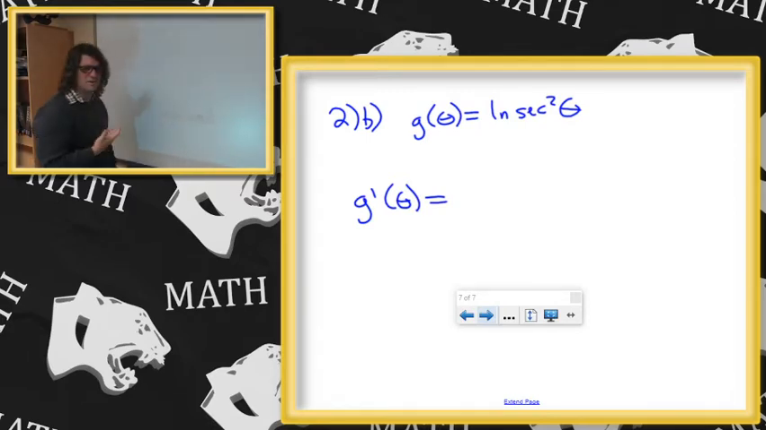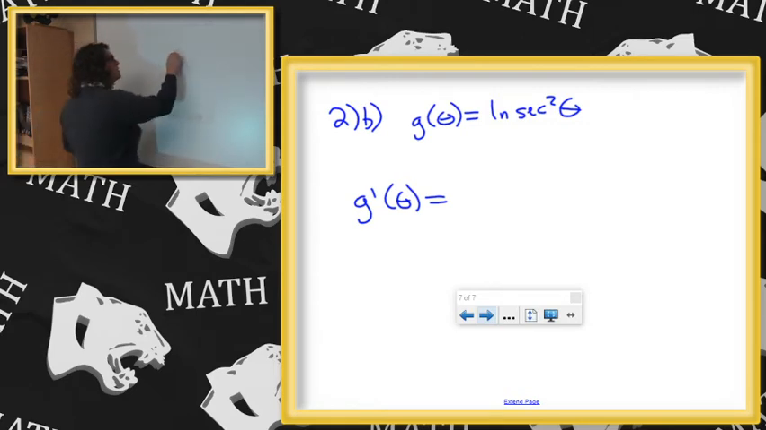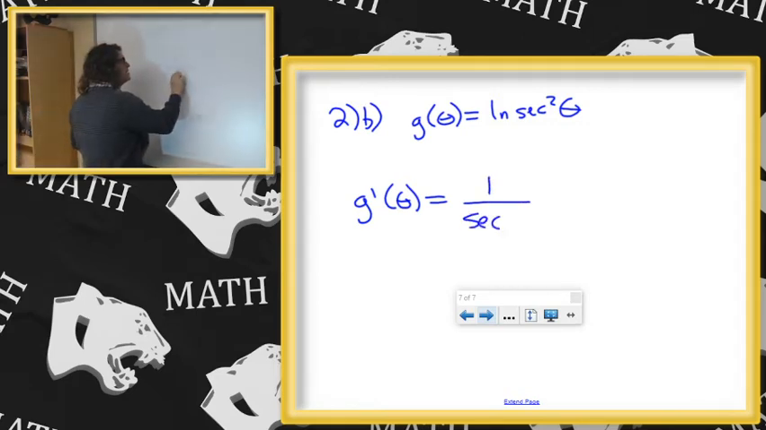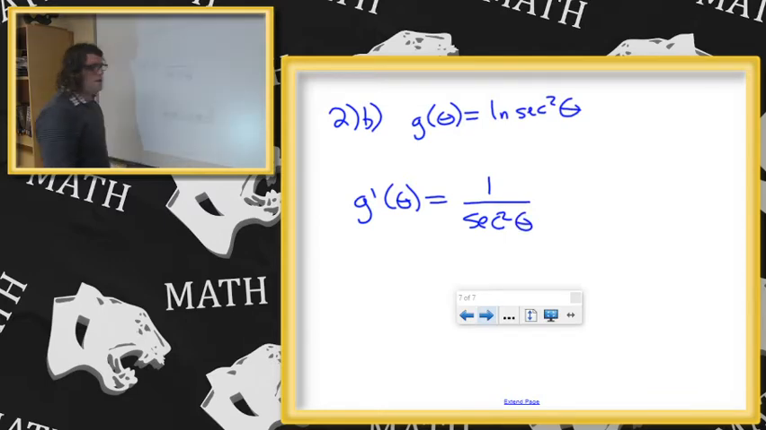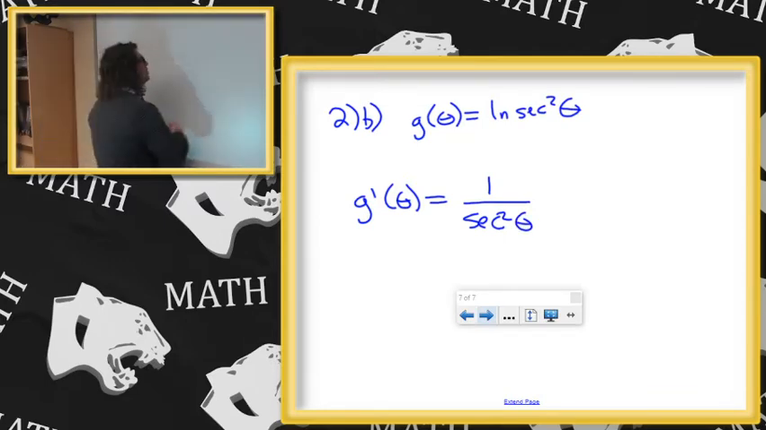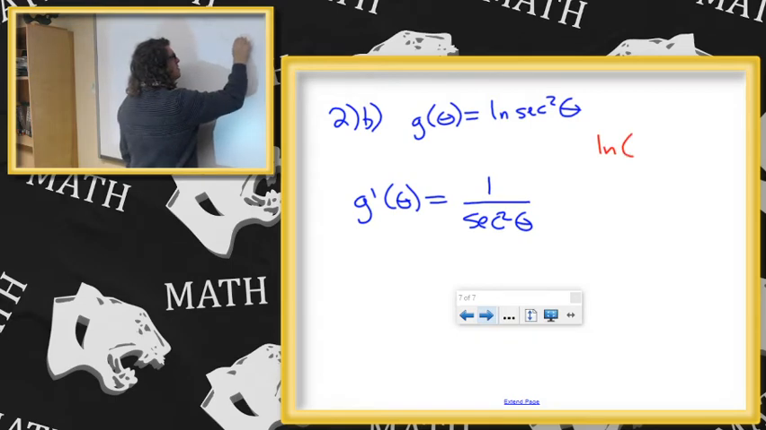We've done a lot of natural logarithm derivatives. Not that I will complain, because I like them. They're pretty tidy. So 1 over secant squared x. Now, I'm going to make a little side note here, because if you don't remember,